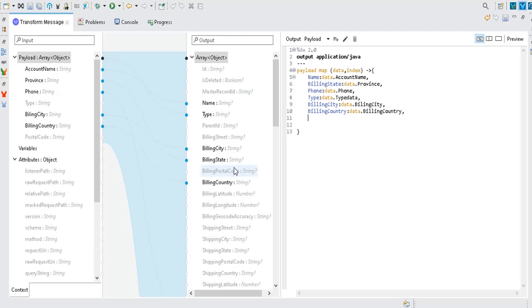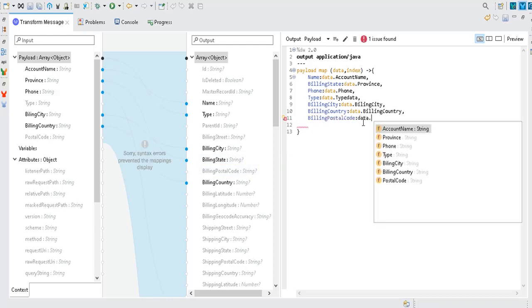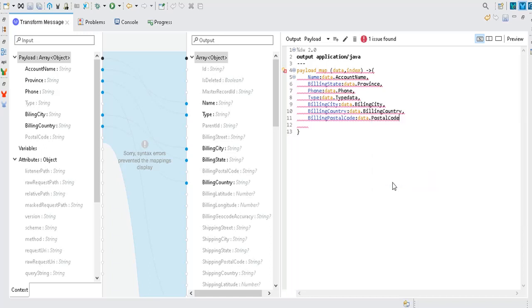And now the last one, postal code. But here if you see, the Salesforce field name is billing postal code. So you need to provide this name, billing postal code, P caps, C caps. Okay. So now colon data dot. In our example, we have taken only postal code. So you can map it, no problem.